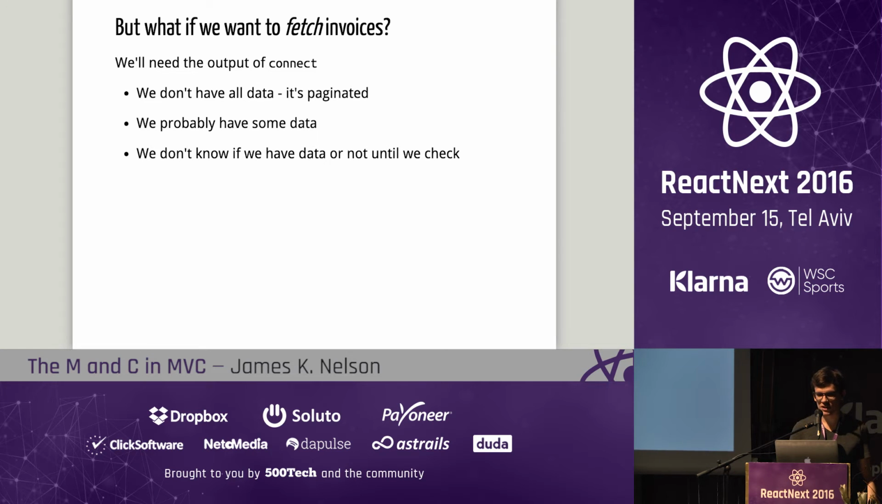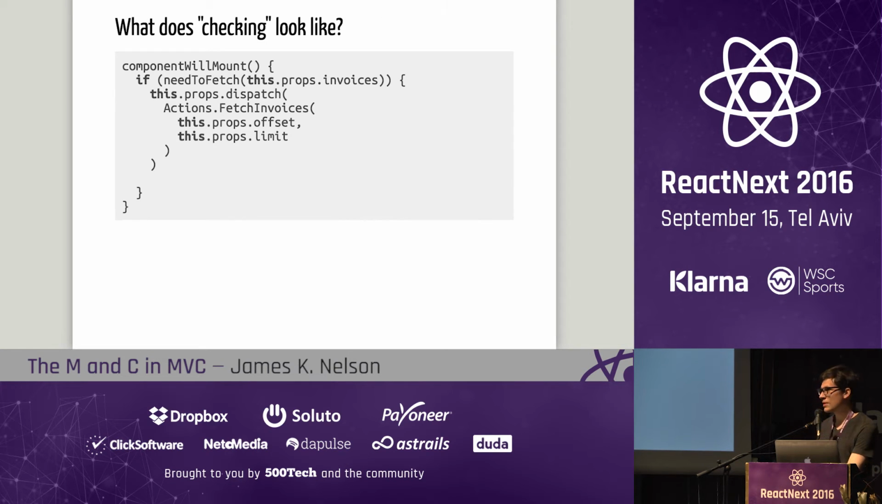Now, what does checking look like? This is something that looks pretty similar to how I actually check or have checked in the past for whether I actually have the data in the store or not. So needToFetch is just a function which has a look at the stuff that's been passed into the component, and it's really pretty simple. Like if the data doesn't exist, then you dispatch a call to the server to get